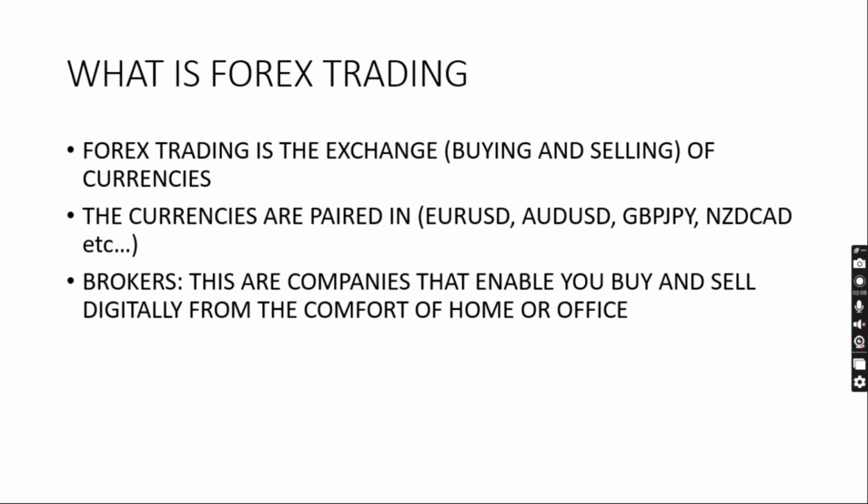You understand? So the forex currencies are paired like this: Euro USD, these euros, this United States dollar, this Australian dollar, this pound, this JPY, which is the Japanese yen. These are just different currencies of the major countries that are involved in forex trading. Why I'm showing you this is so that you can get familiar with what they look like. It's not as if I'm going to dive deep into what they do.